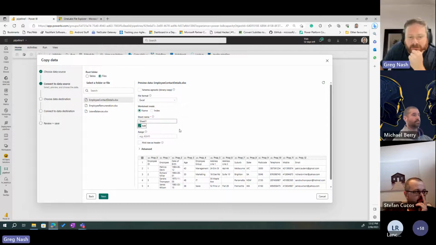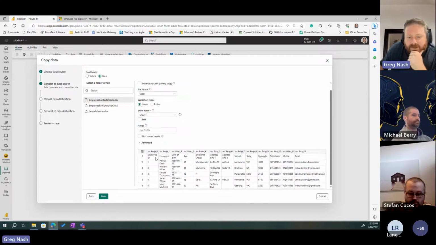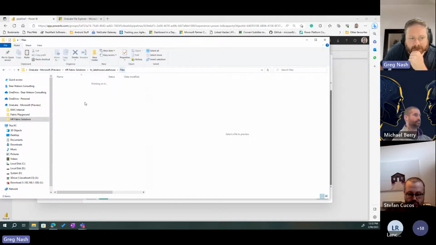What happens if I click edit? Nothing. Can I put it in edit mode? I don't know what that button does yet. All right. Give me the range. So if you wanted to set a specific range, use the first row as a header. This is interesting because one thing I did on purpose inside my files was